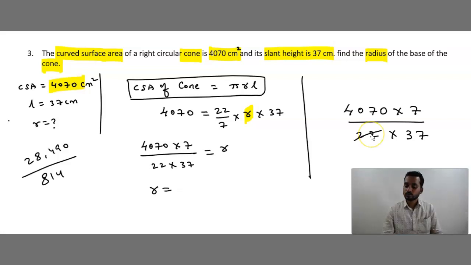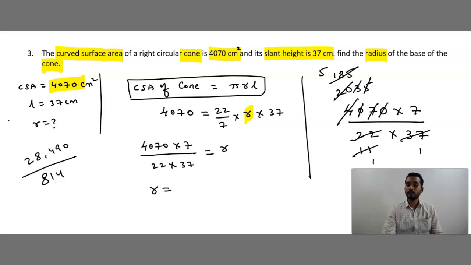2 ones are 2, 2 ones are 2, 2 twos are 4, 0, 2 threes are 6, remainder 1, 2 fives are 10, right? Again 11 ones are 11, 11 ones are 11, remainder 9, 93. 11 8s are 88. 93 minus 88, 5, 55. 11 5s are 55. 37 1s are 37. 37 5s are 185.